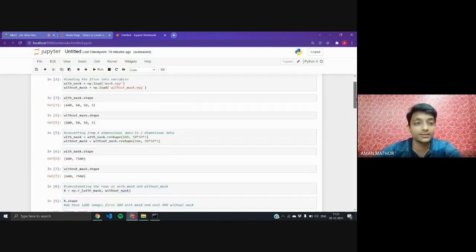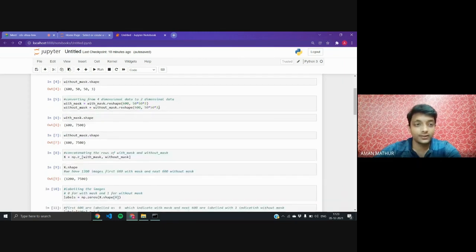Now as you can see, we have a four-dimensional array, which is very difficult to handle. So it is preferable to convert this four-dimensional array into two-dimensional data. We will convert this by using the reshape function. We will apply this for both with mask and without mask.